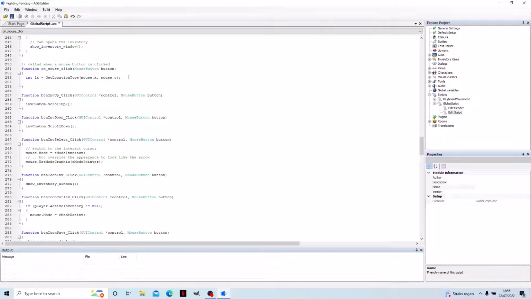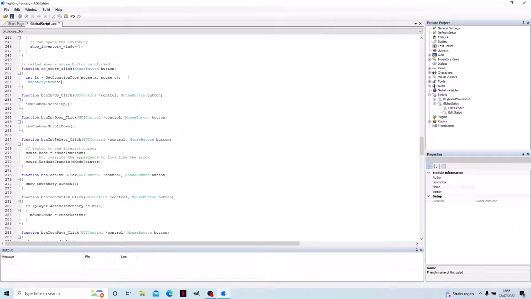So we also need to make a variable for our active inventory items if we have anything active. So we're going to type in InventoryItem, and it's gone turquoise. That means it's basically a pointer. A pointer is a variable that points to a particular class of actor in AGS. So in this case, it's an inventory item. It could be a character, it could be a room, it could be a hotspot, it could be an object. In this case, we're using an inventory item, and we're going to give this a variable name as well. So we're just going to call it